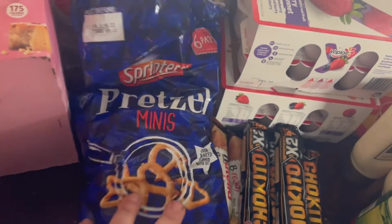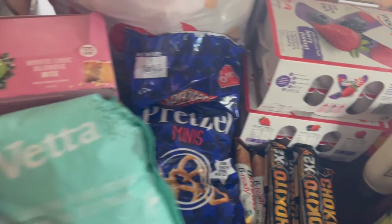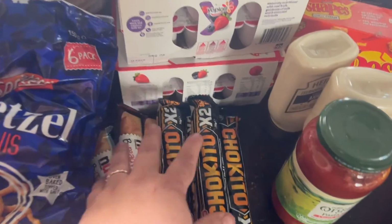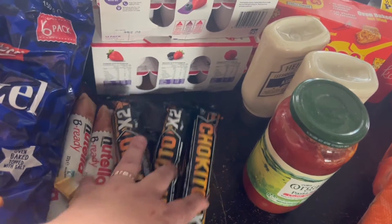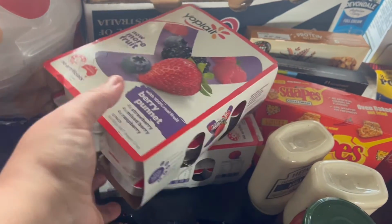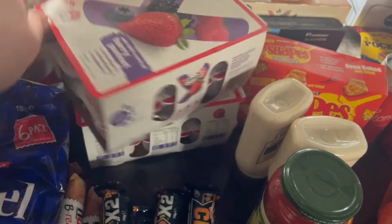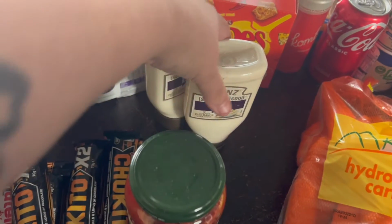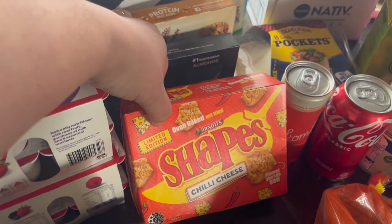What we don't need, a bag of the mini packs of pretzels, which the kids really enjoy eating. A bag of the penne pasta, some chocolate bars there, some Chiquitos and some Nutella bars, 2 packs of the yogurt, the Yoplait yogurt. So there's, what have we got? There's 12 punnets in there. And then a jar of pasta sauce and some of the garlic aioli, the chili cheese shapes, which we seem